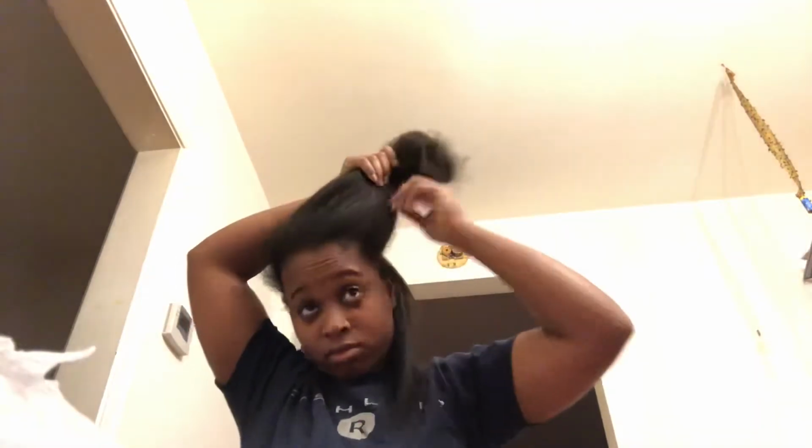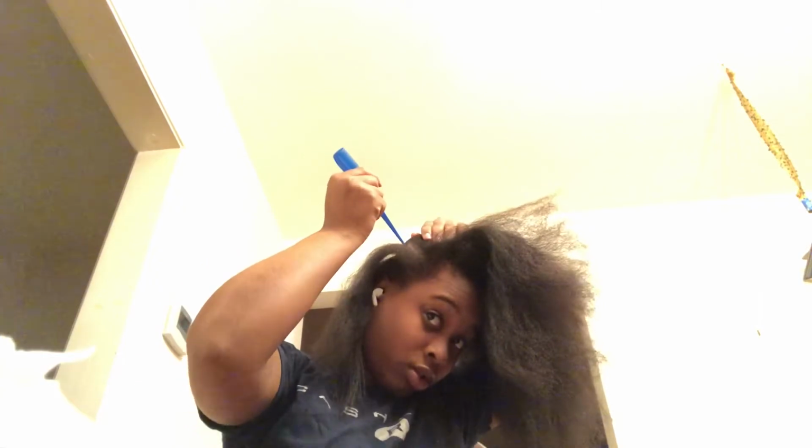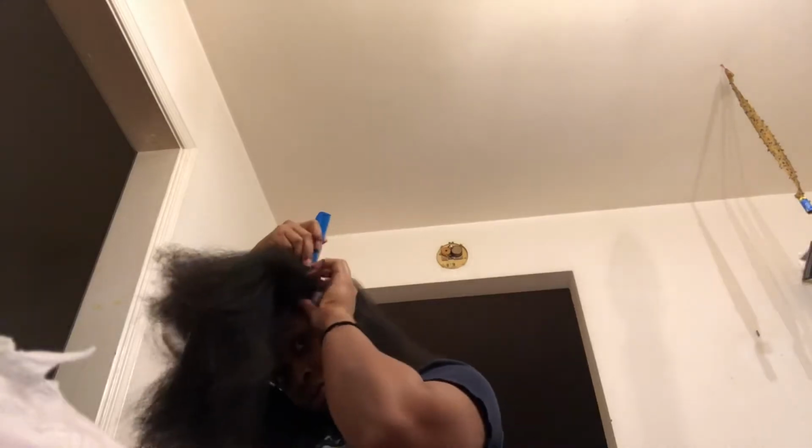But I'm just going in and doing that. Now you will see that in this video I do my roots maybe 2 or 3 times, and mainly I do that when it looks like I'm touching my roots 3 times, because I'm trying to get as close as possible to my actual scalp without burning myself. So some of the times I'm not even getting as close, so I go back in a little bit closer, and then I go back in a little bit closer, and it's just a little press, you know what I mean? I'm not really trying to hit it too hard because I don't want to heat damage my hair,